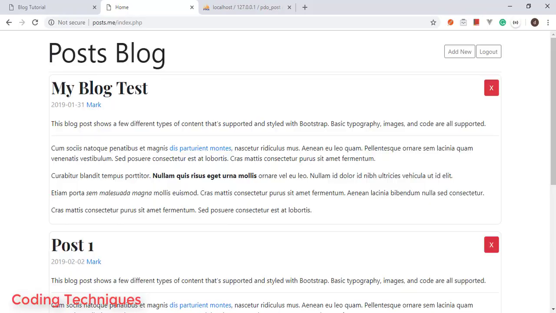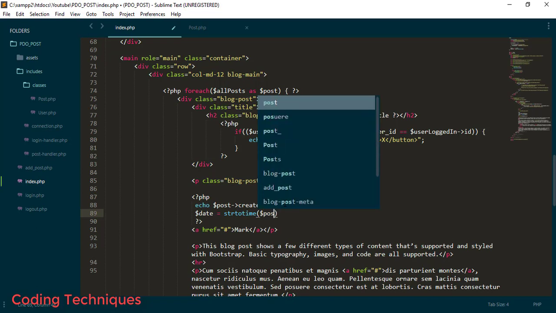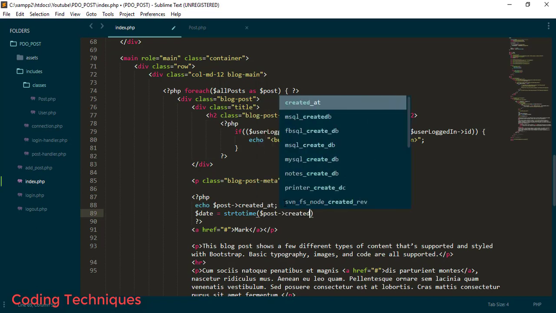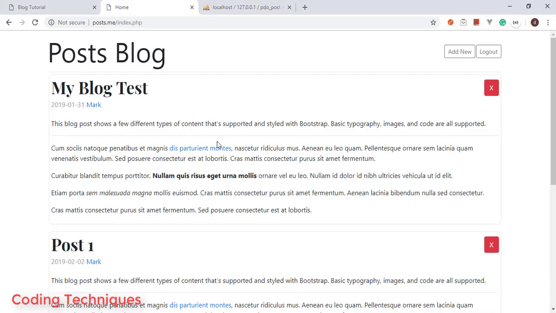So I'm just gonna convert this created at, I mean this date, to the Unix timestamp. To convert it to the Unix timestamp, I'm gonna create a variable here, date, and I will say strtotime, which is a predefined function in PHP, and I will give this created at date. So now whenever I print this date here, as you can see it will be converted to this format. This is the Unix timestamp. I have converted to Unix timestamp because I can manipulate it